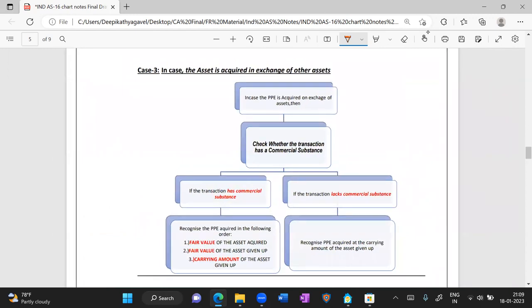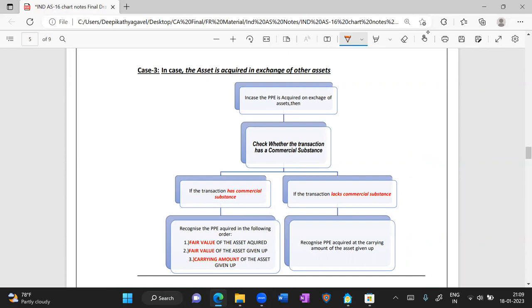Next is the third scenario. In case the property, plant and equipment is acquired on an exchange basis. What do you mean by an exchange basis? That is, some asset is being given up by you, and some asset is acquired. You're acquiring some asset and in return you're giving up something. So when this give and take happens,